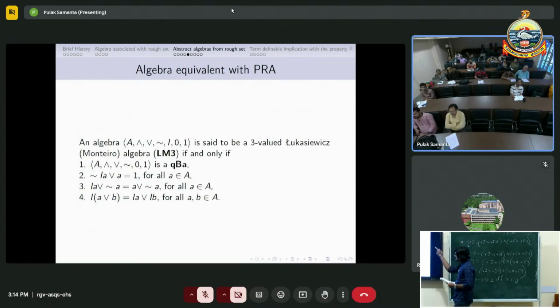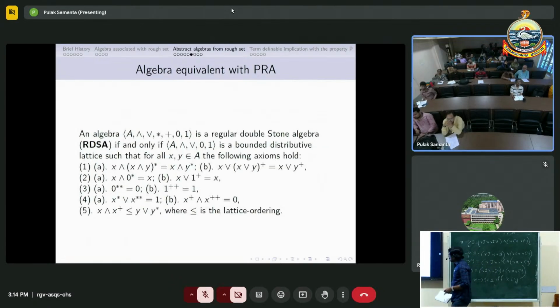And as this LM3 is equivalent to this P-rough algebra, here also we can have these 4 implications which work. But here this regular double Stone algebra is not exactly the same, the signatures are different. That means we can say these are term-wise equivalent. So in this case also we have 4 different distinct term definable implication operators which also satisfy the P property. Then the next question is